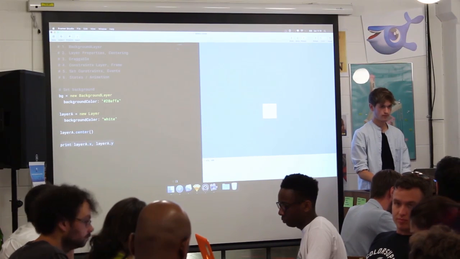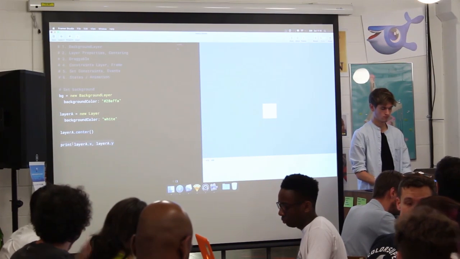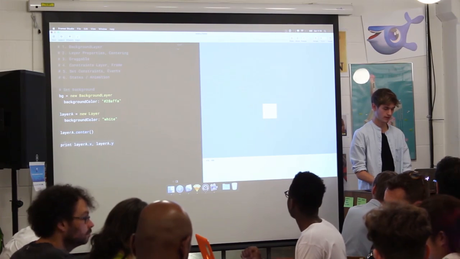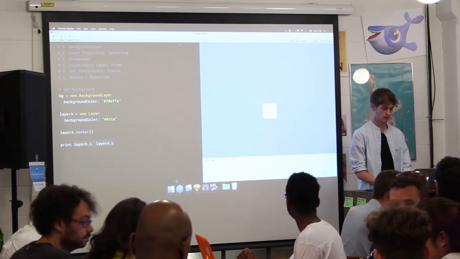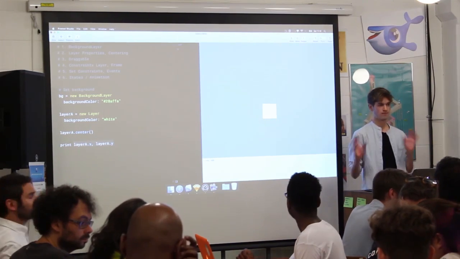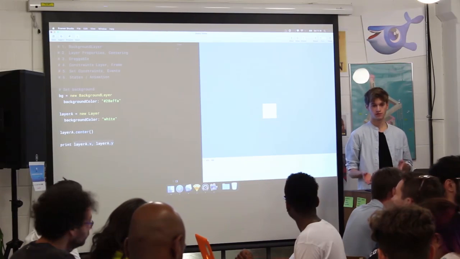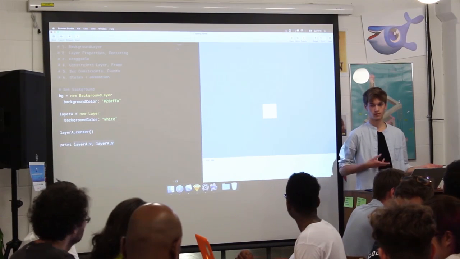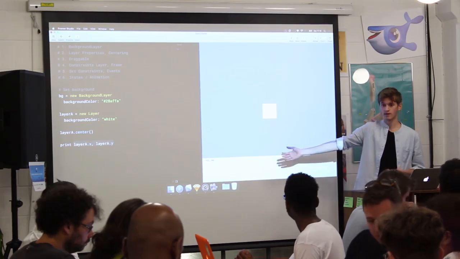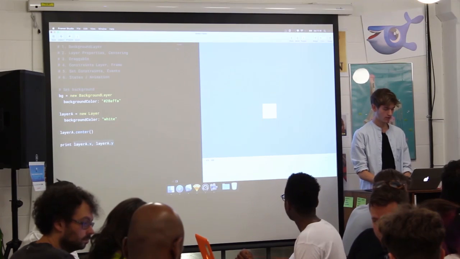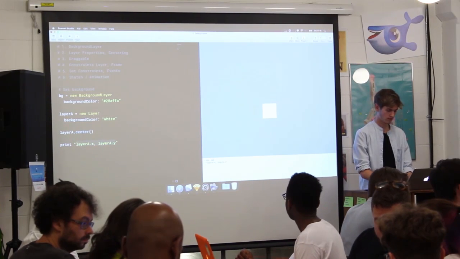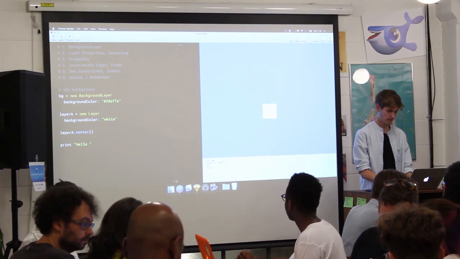Do I have to click something for that console to come up? No, you simply have to type print and then whatever you want to print. If you're familiar with working with JavaScript, it's another way to work with console.log, except we surface it right here within the app. So you can just print any string as well. So if I were to say hello here,